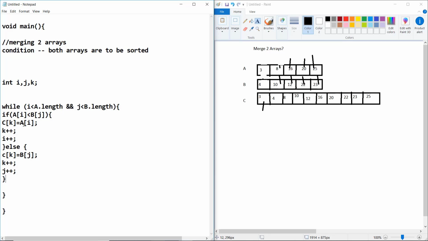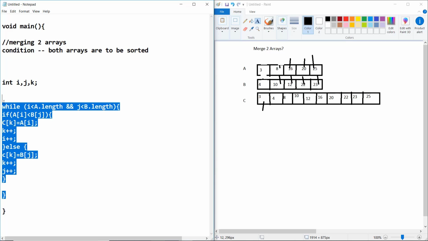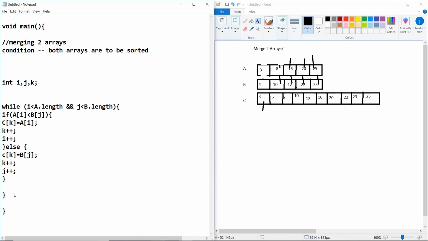As I've told you, this loop will continue until one of the arrays reaches its end.